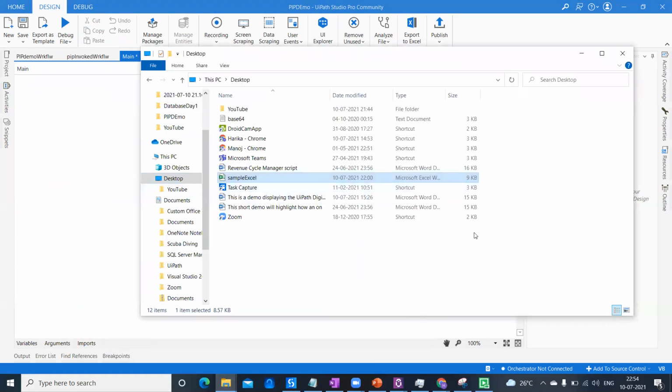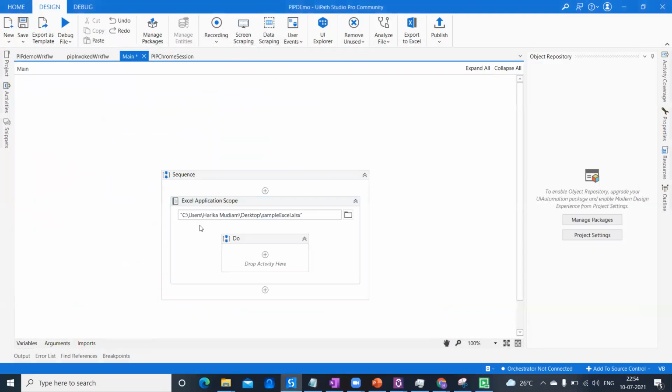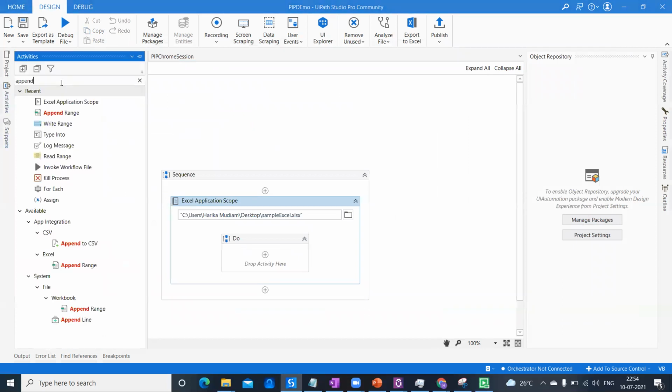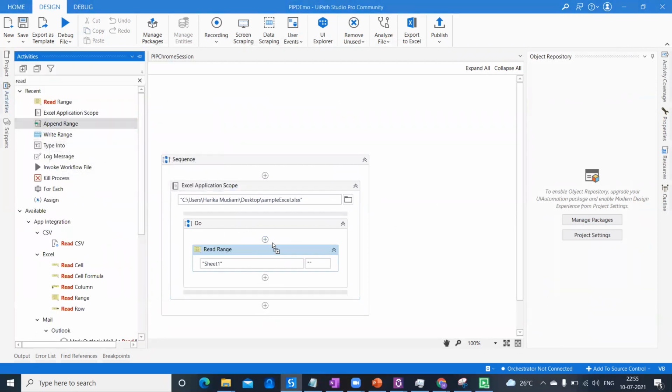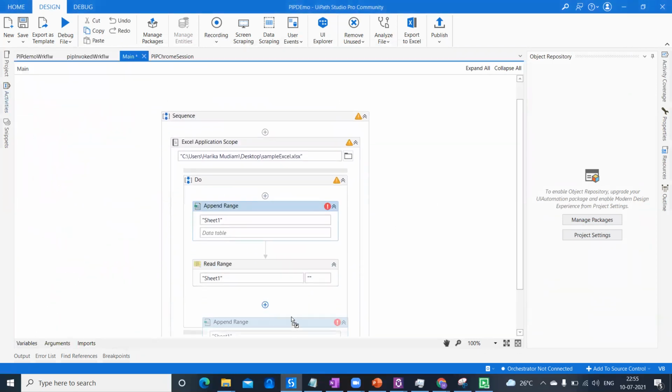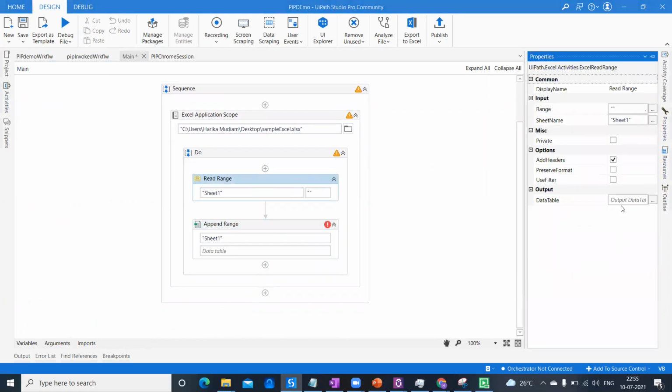Just small information that I've given inside it. Just small data, any piece of information, and I just read it, or you can directly append range. But before that, we need to have an Excel data table. So I'm taking a data table.